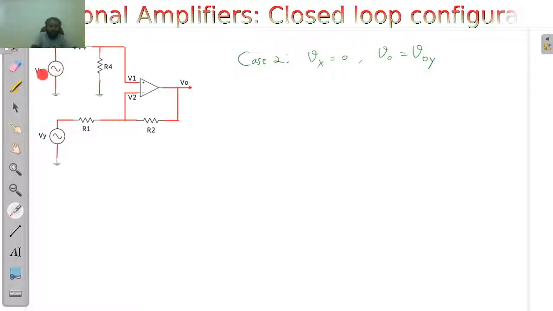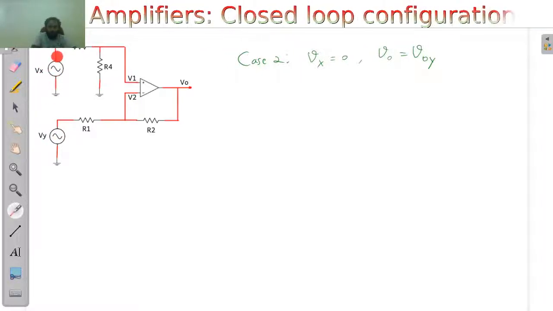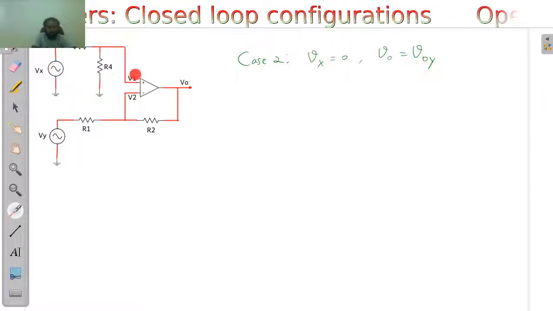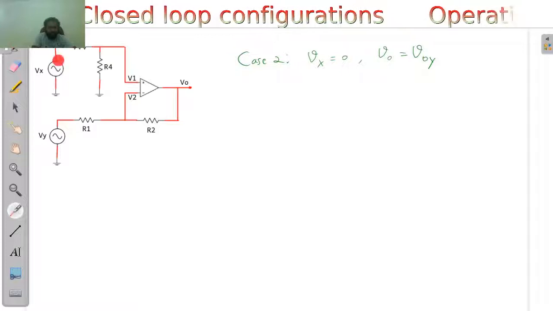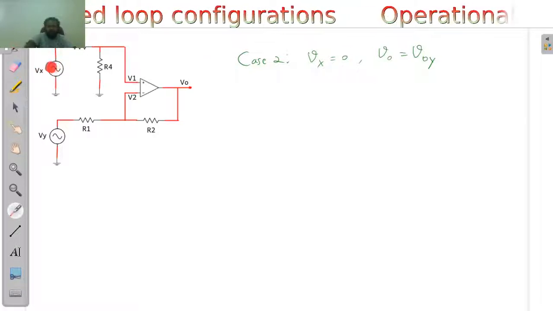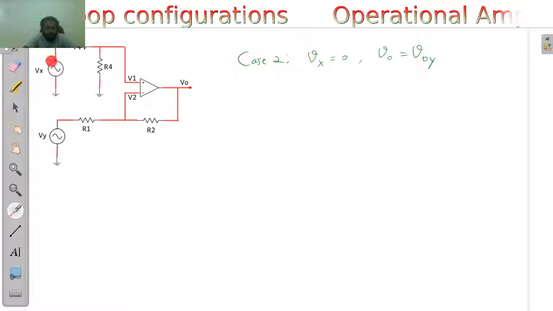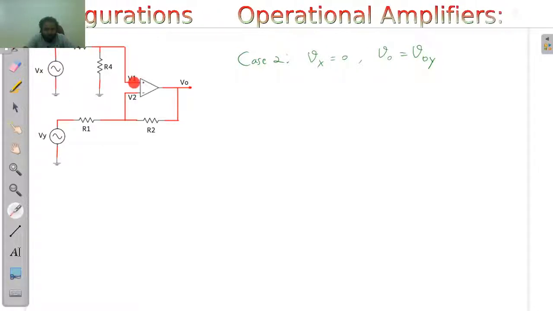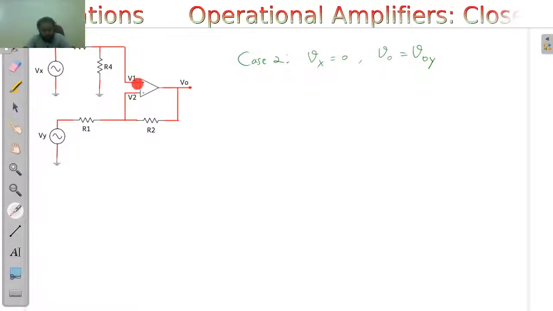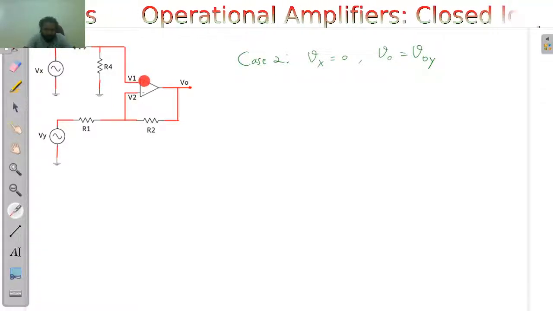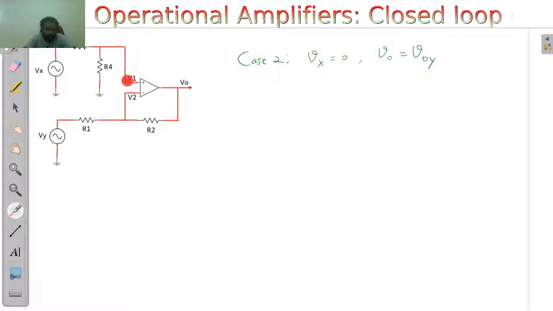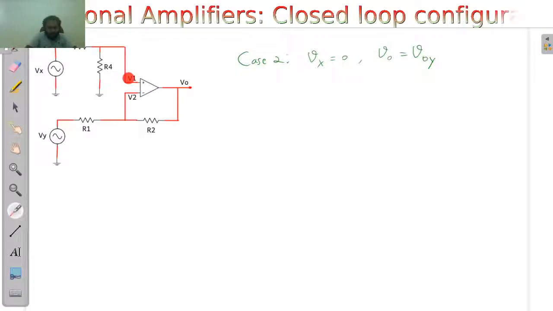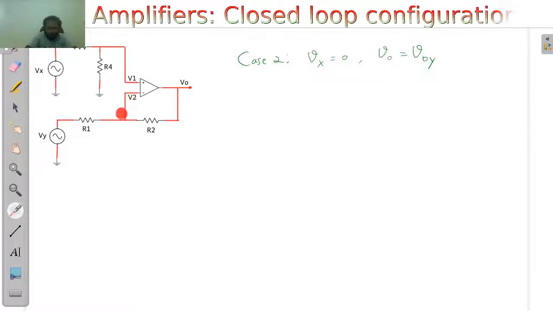So we will be connecting this Vx source to ground. So this terminal is grounded, which means that the entire network is grounded. See, here is also ground, here it is also ground. If we are removing this and connecting to ground, then these two terminals are ground, which means essentially the V1 terminal is connected to ground, as there is no current flowing in or out of this non-inverting terminal. This is at ground potential, and as this is at ground potential, this will be at a virtual ground condition.